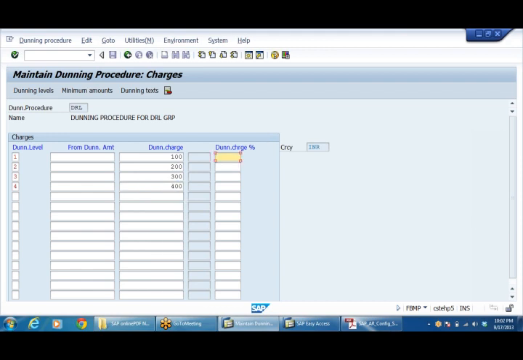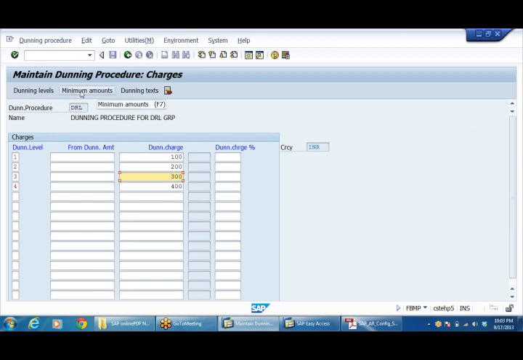Even we can say Dunning charge can be given as a percentage, but percentage looks to be a bit ridiculous, because even if you give 1% on 1 lakh, it will be 1000 rupees. That will be very high. Anyhow, it is up to the management decision whether to charge anything for a Dunning letter or not. But the provision is given, that's what I wanted to tell you.